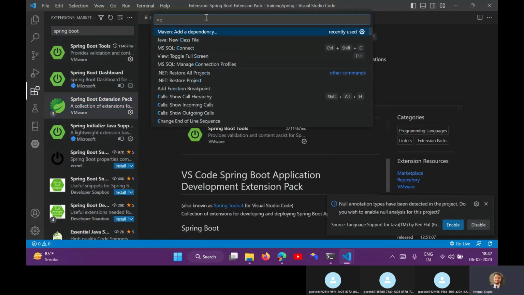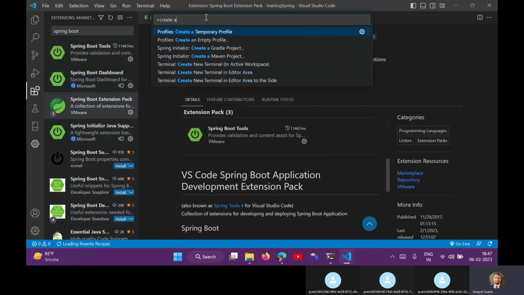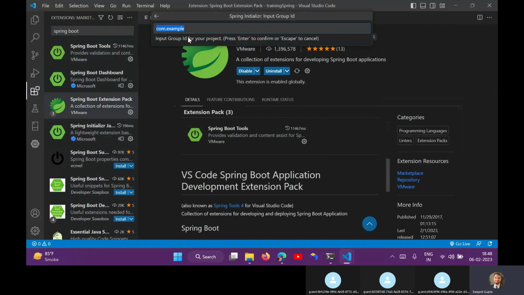So here, create a new Maven project, because we need a Maven project. It's coming from Spring Initializr. Create a Maven project, type the version, choose Java, and change the name. Write whatever name you want to call it.